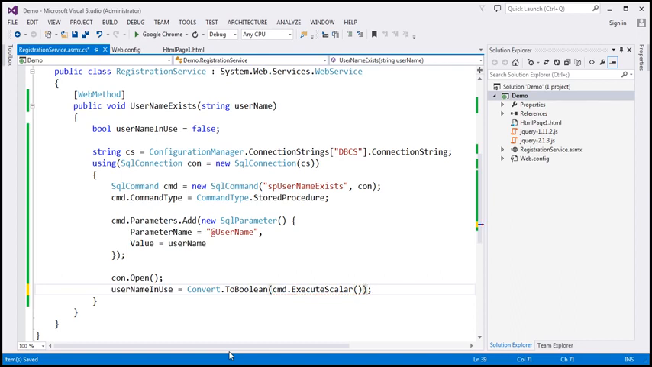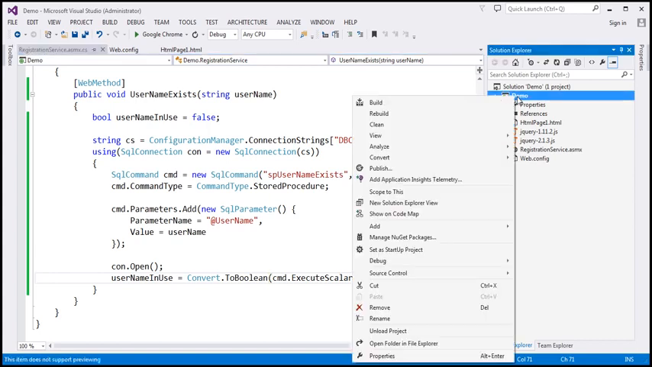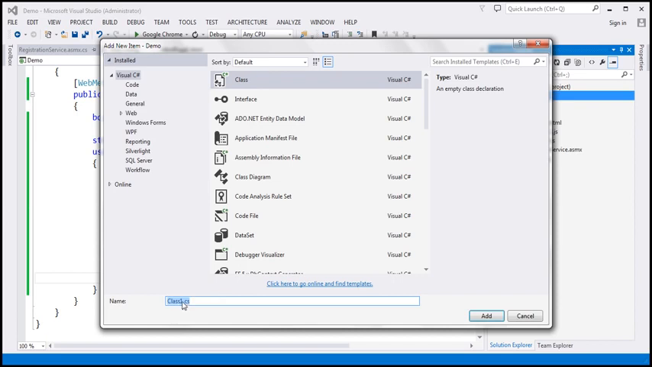Alright. Okay, so now what we want to do is return two things back to the script which is going to call this web service method. Actually, I'm going to add a class. In a bit you'll understand the purpose of this class. So let's go ahead and add a class. Let's name this